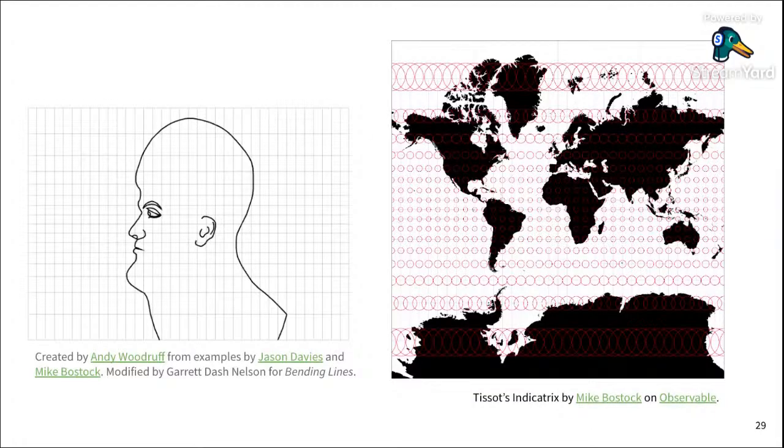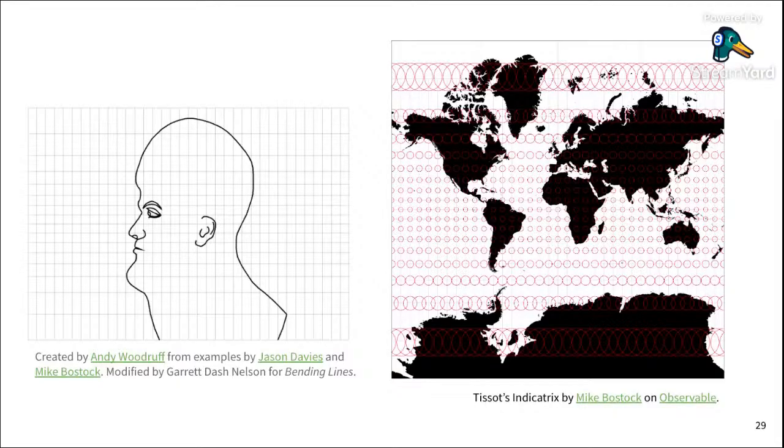Another way to represent the distortion of projection systems is to use these different visualizations. There are links in the slides, so you can click on these and go explore them on your own. But particularly on the left, that person's face is not supposed to look like that, but this is what happens with Mercator projection. And on the right, all of the circles are supposed to be the same size and distance from each other. We can see that they are all circles, so again, it's preserving shape, but it is really distorting